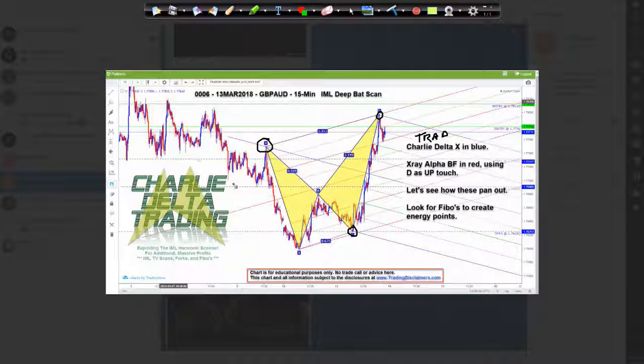And then we do the X-ray alpha here. And this one is in the red. Might be pink on your screen. And we take the median here up and down until we either get the C or D touch. I put this one with the D at the top of that orange pitchfork. So we have 2 pitchforks here. Now, no matter what price is going to do,